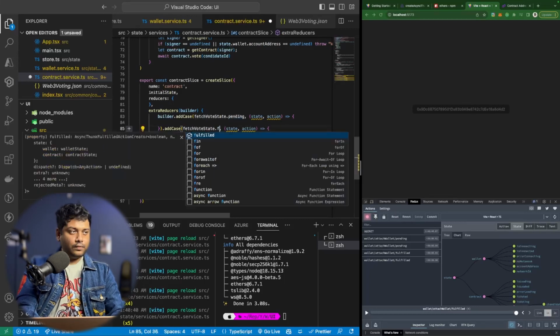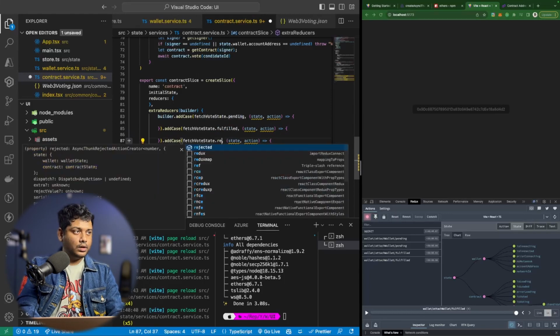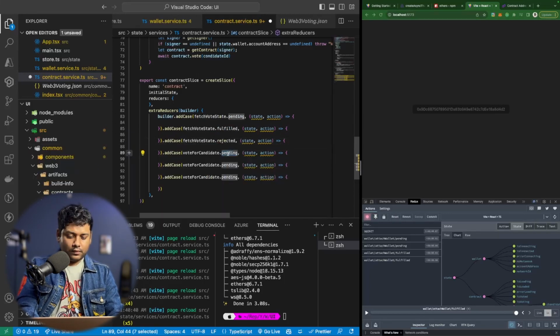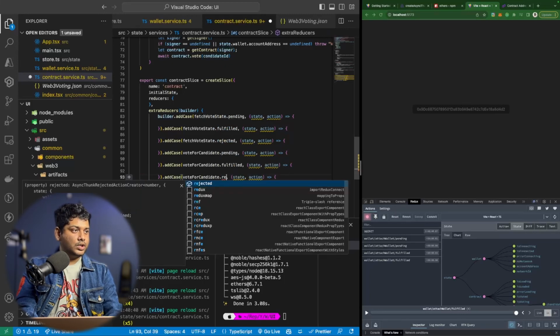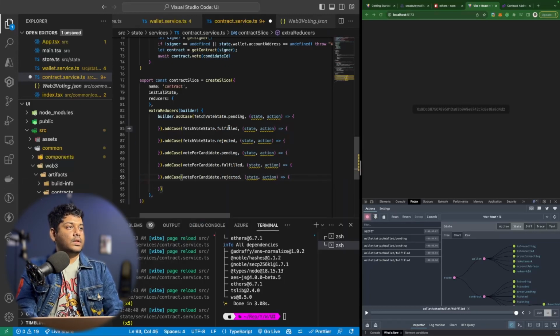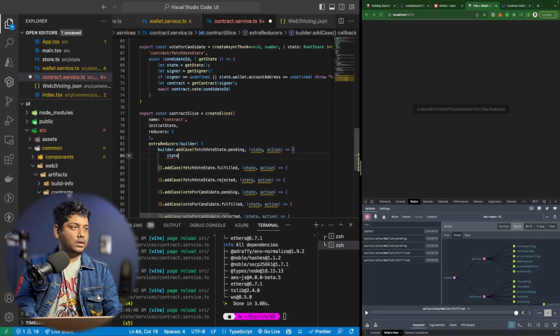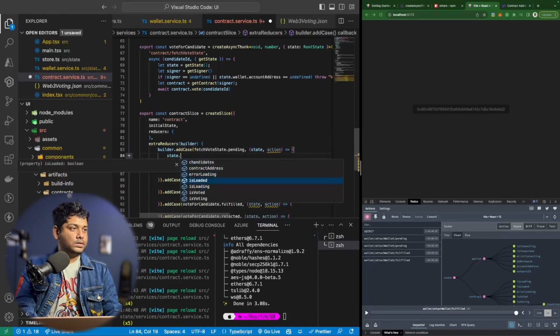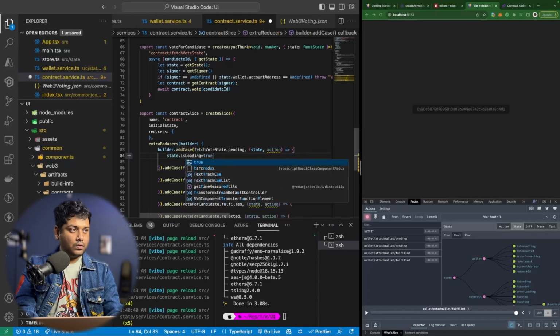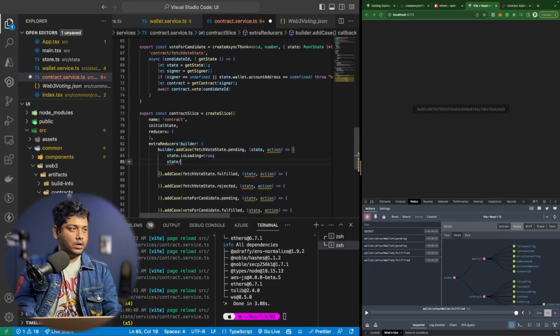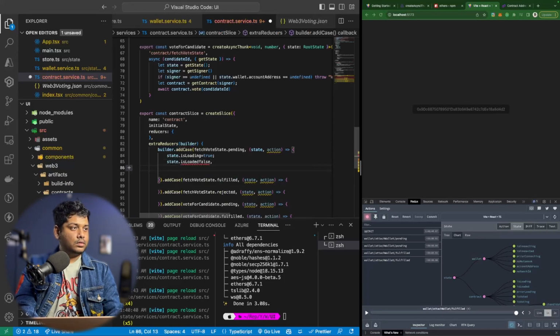This will be fulfilled, this will be rejected, this will be fulfilled, this will be fulfilled, and this will be rejected. Now for this one we want state.isLoading true, state.isLoaded false,